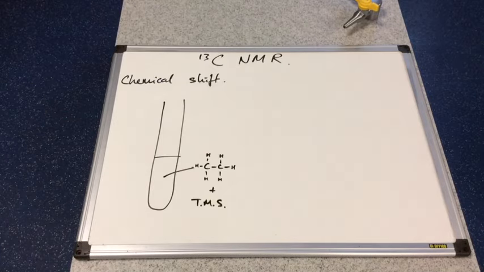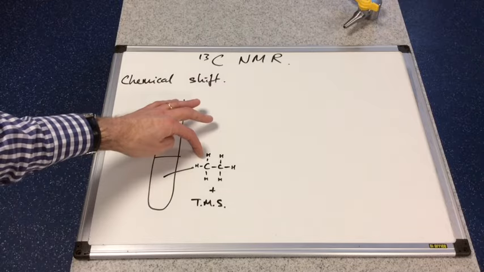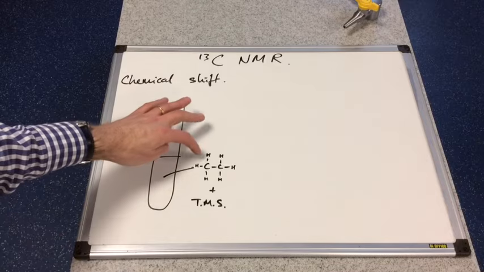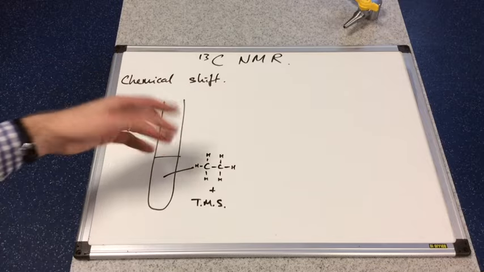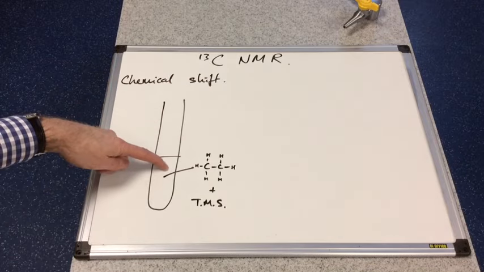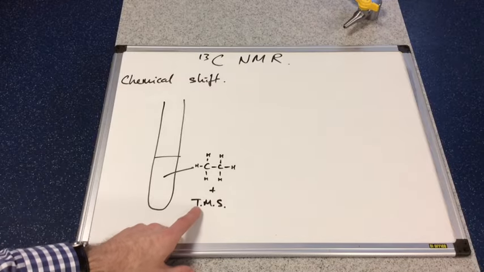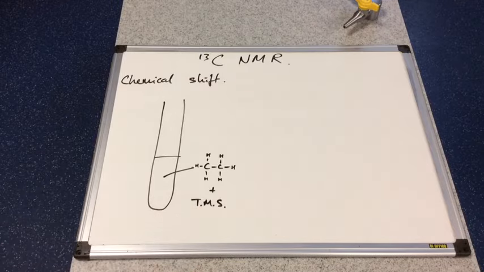So we'll deal with chemical shift now. That's a measure of the amount of energy that the nuclei absorb, the radio wave energy that they absorb to flip their spin states round. If you were carrying out the carbon-13 NMR for ethane, for example, basically you would put your ethane in a solvent. We'll talk about the solvent later. It goes into a very, very thin tube, and you would also put a chemical in that has the acronym TMS, and that stands for